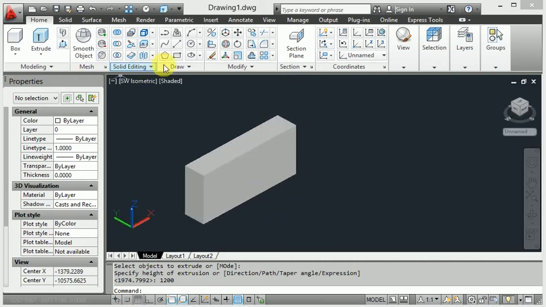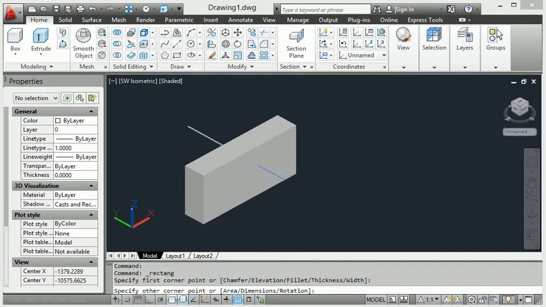And also I will create a sketch with the rectangle command. In this area I will draw a rectangle with a particular distance.